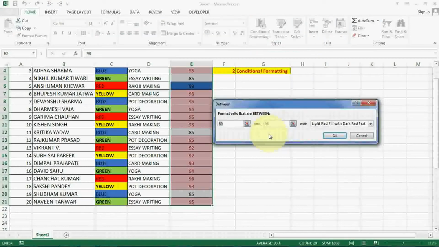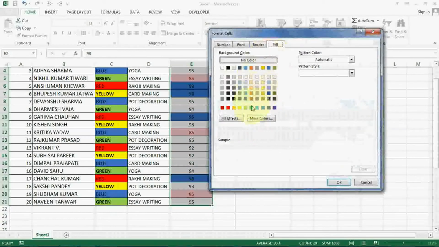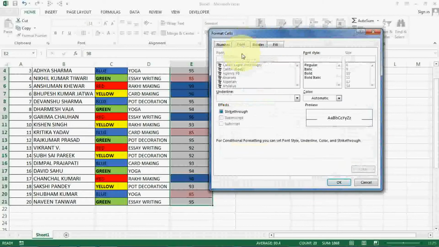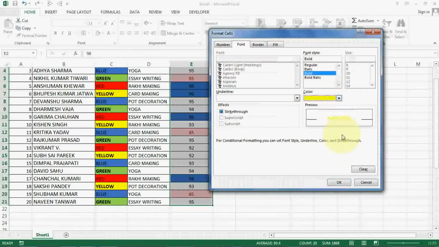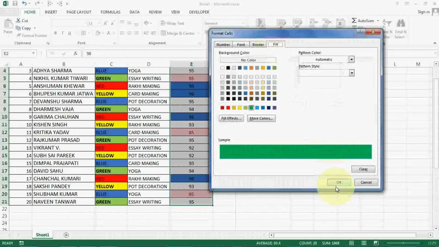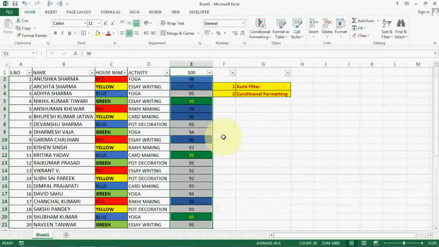So between 85 and 90. I want to apply formatting with green color and the font color will be yellow. Let me check how the output will be. Okay, it's good. So likewise you can display the records.